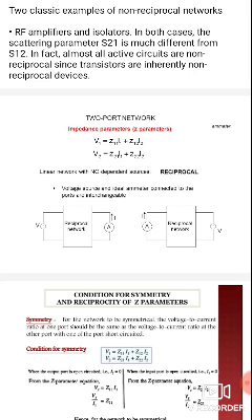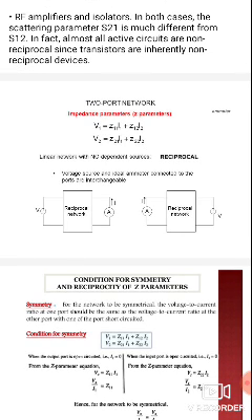Next, a linear network with no dependent sources. Reciprocal means no dependent sources. A voltage source and ideal sources connected to the ports are interchangeable. That is nothing but the definition of reciprocal. Interchangeable means S12 is equal to S21, or Y12 is equal to Y21, or Z12 is equal to Z21.